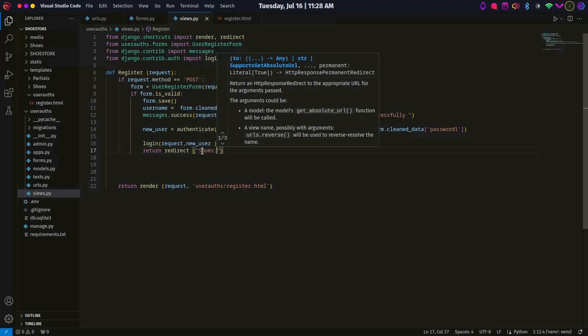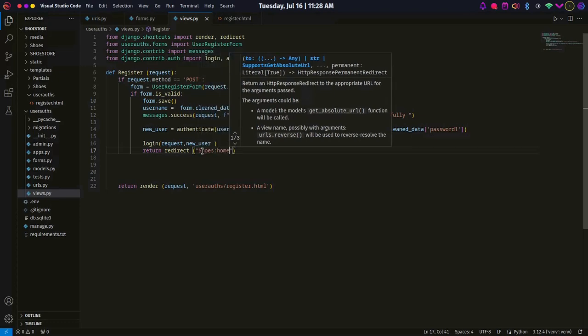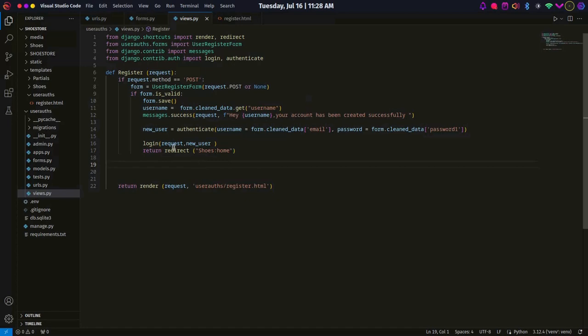Then if this doesn't work, what do you want? We say else. The only thing we want is to initialize this form. So I'm going to say form is equals to user register form. We just initialize the form. Then after that, the only thing remaining to pass is the context is equals to